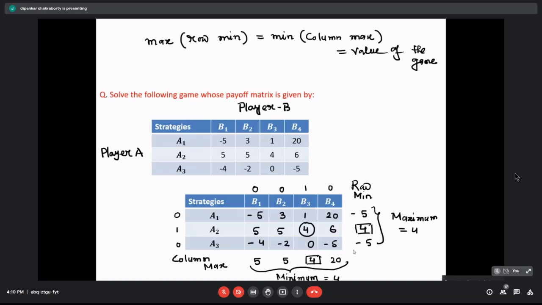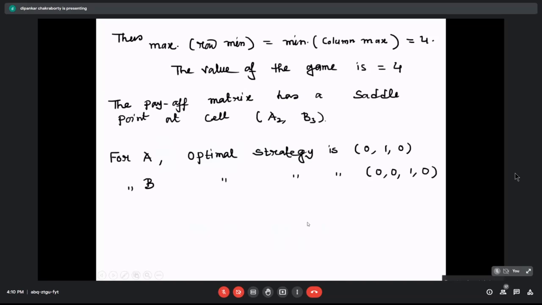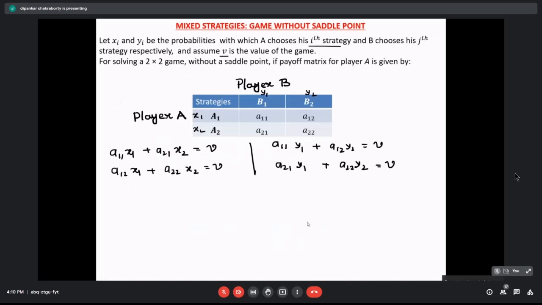Yes, sir. Now, you can try to solve this system of linear equations. Nothing complicated is there. You are going to get the values of x1, x2, y1 and y2 in terms of V. No issue, but later on you can see that V will be cancelled out. And ultimately we use that x1 plus x2 equals 1 and y1 plus y2 is also going to be 1, right?